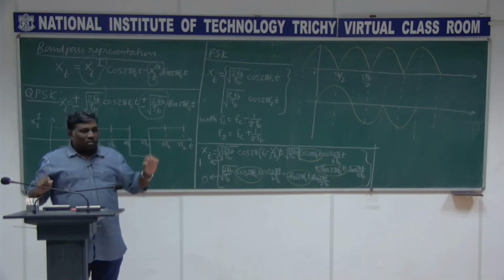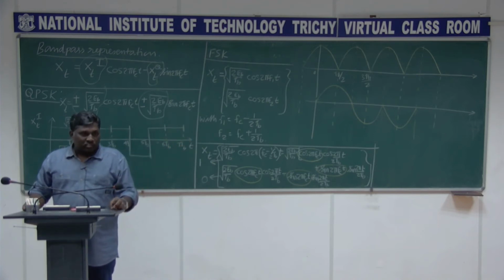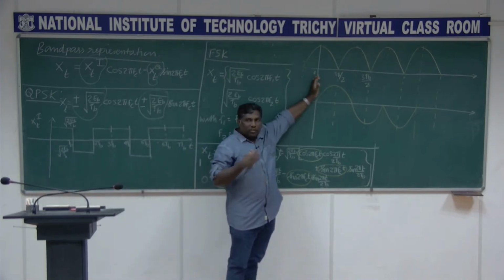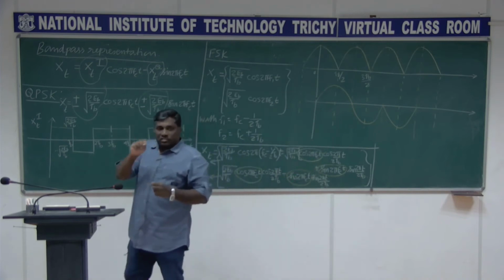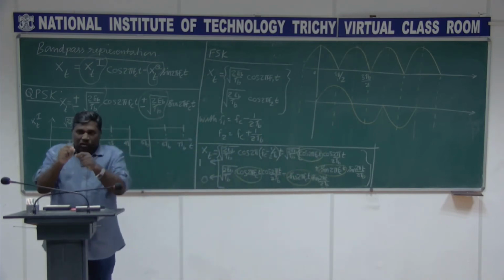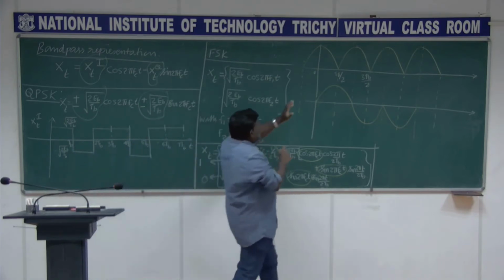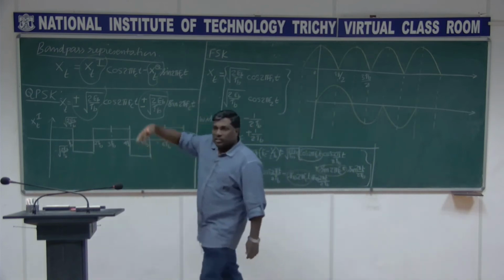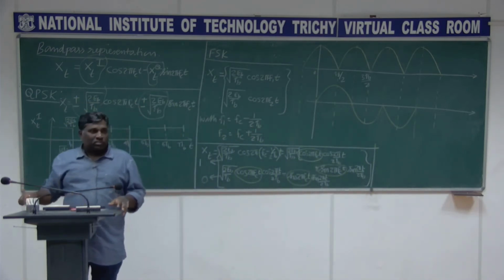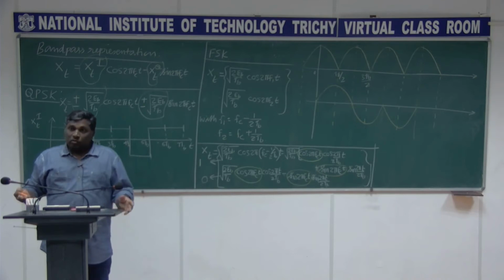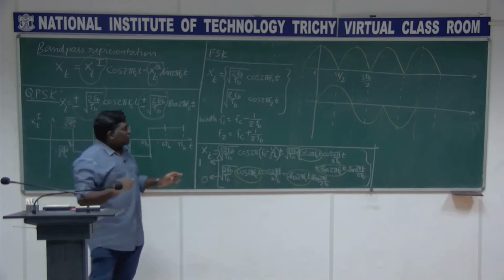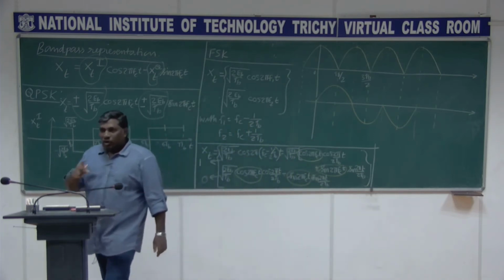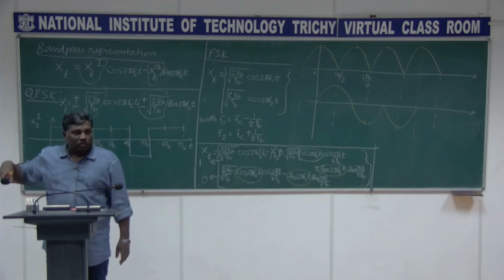So the plot is done for the proper synchronization, right? Keeping this as a reference, 0.0, and you have a binary stream. Immediately after seeing that binary stream, if you have 1, here there is no problem. It is going to be a repeated pulse, the same pulse getting repeated again and again, being transmitted through the channel. Whether it is 1 or 0 doesn't matter. But here it is not like that. We have to sense it. If it is 1, it is the positive pulse. If it is 0, it is going to be your negative pulse.